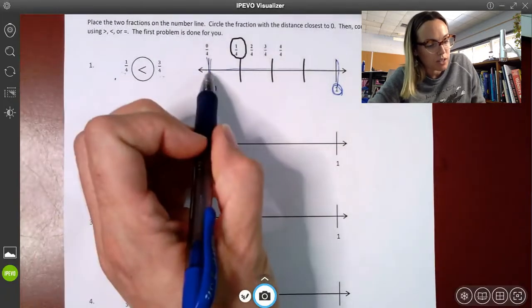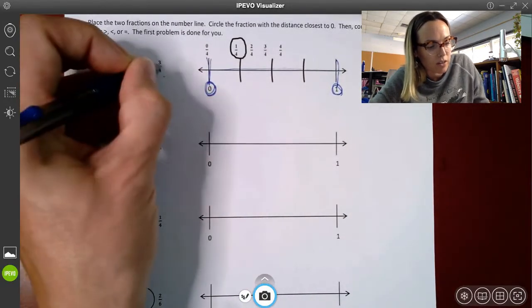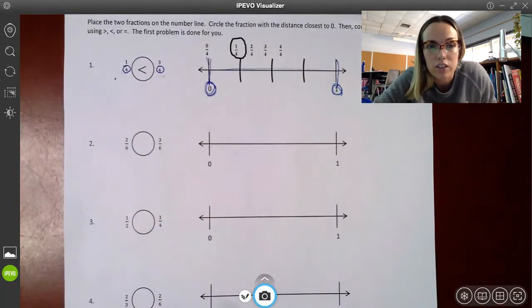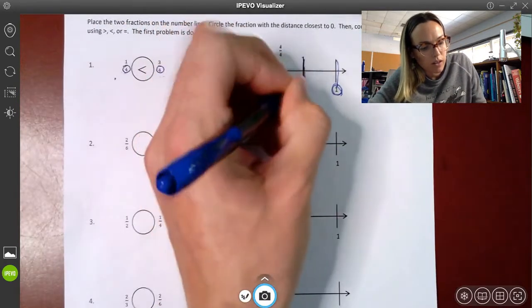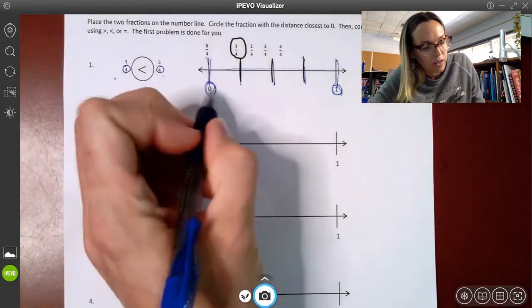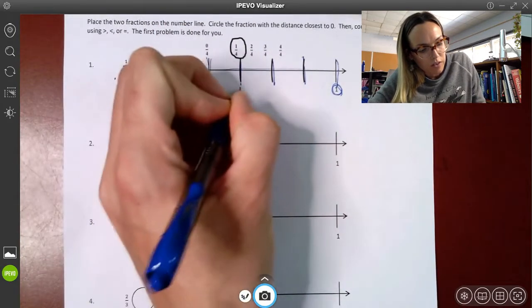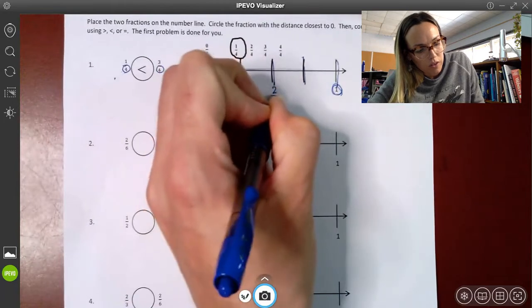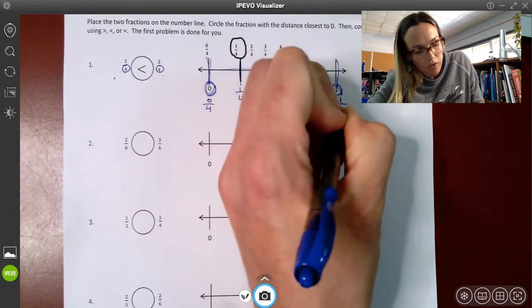So here we see our number line split into fourths because that is our denominator of both of our fractions. So here we have it split, okay. Now we have, this is 0 fourths, this is 1 fourth, 2 fourths, 3 fourths, and 4 fourths, of